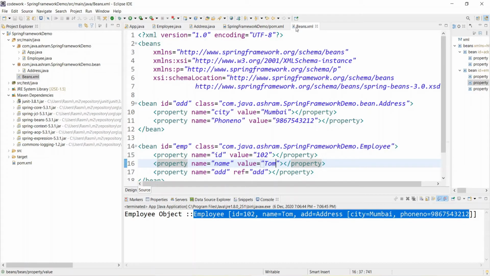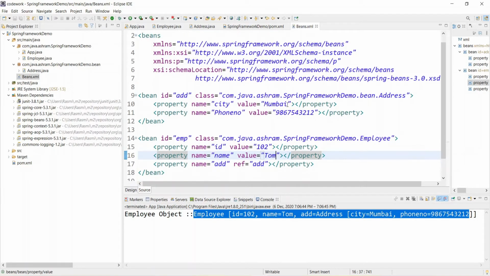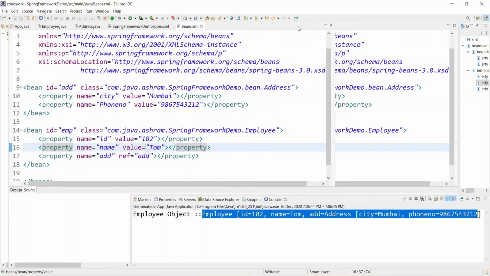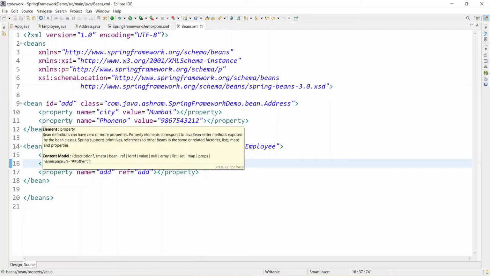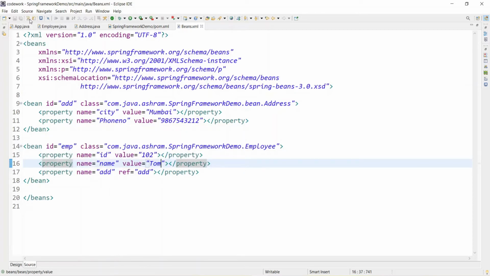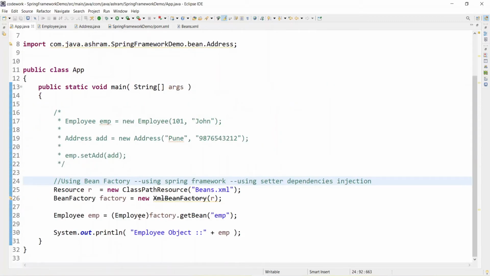You can give the file any name, but I have given beans since this is configuring the bean. So this is how you achieve dependency injection, how the IOC takes control to create an object. Here, if you go to the application, you are not creating any object. See, have you used the new keyword anywhere? No, this is managed by the IOC. The entire object life cycle is managed by the container only.